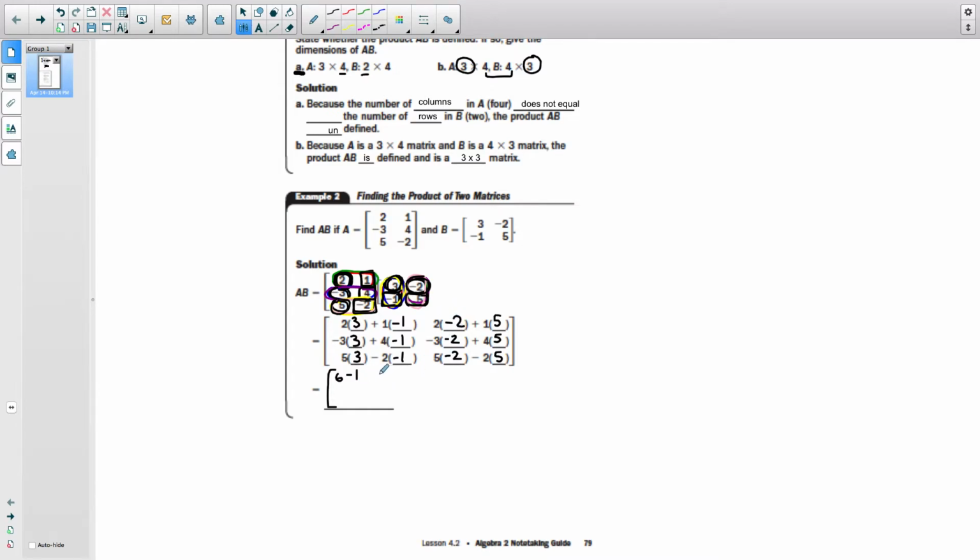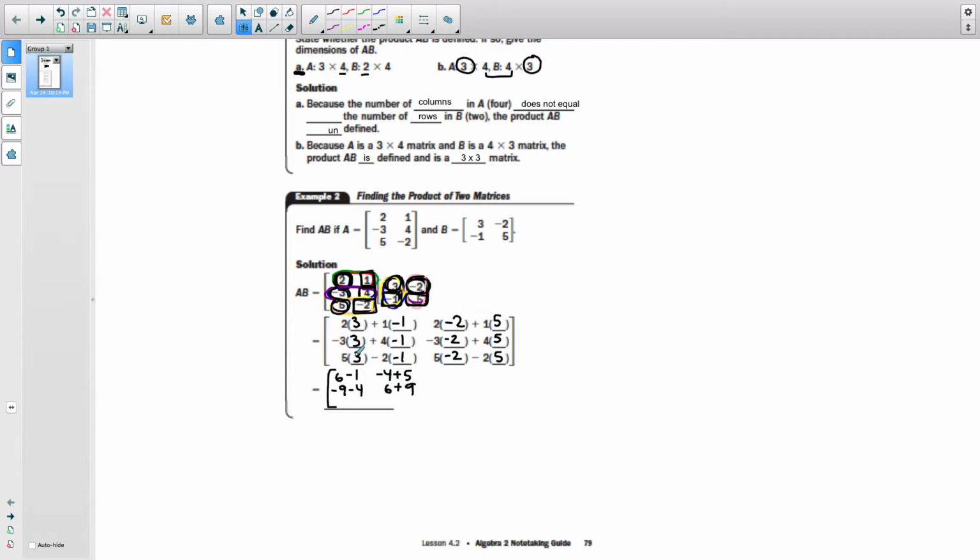2 times -2 gives me -4. And then 1 times 5 is a +5. All right, -3 times 3 is a -9. And then 4 times -1 is going to give me a -4. -3 times -2 is a +6. 4 times 5 is a